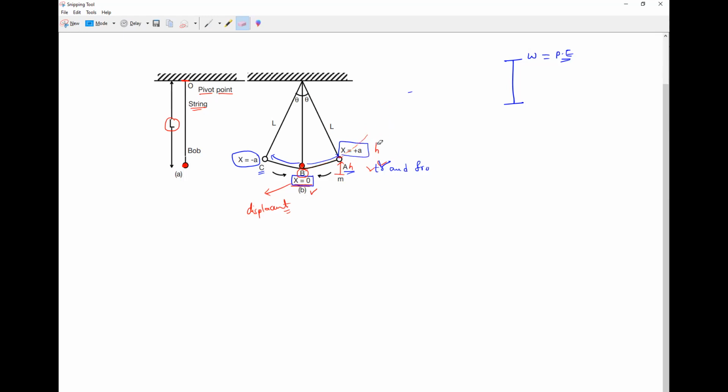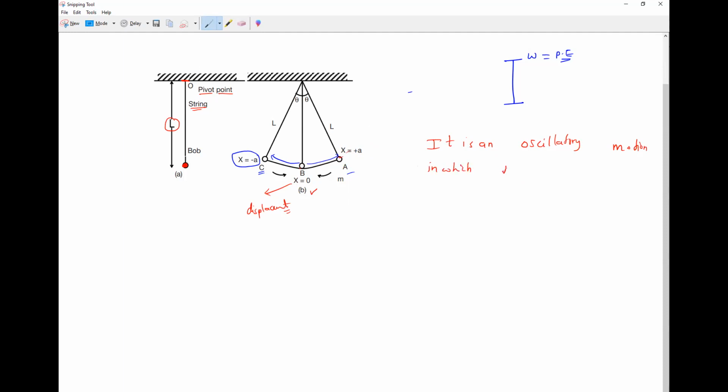So that is only called simple harmonic motion. Simple harmonic motion means, okay, please all of you write it. It is an oscillatory motion. Simple harmonic motion is a what motion? Everybody? It is an oscillatory motion. Write it. Oscillatory motion in which,